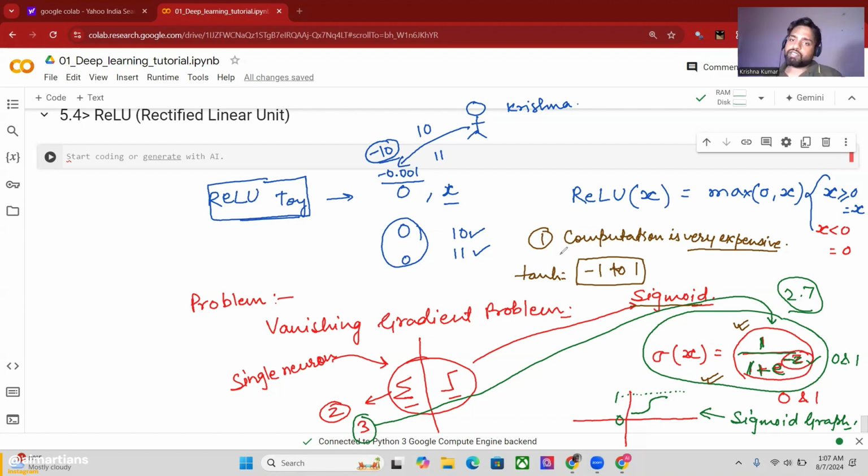Scientists and researchers also ran into a lot of complications while training their models because of such heavy computation. So they started thinking about a new kind of activation function, and they came across ReLU. Now what does ReLU say? What we are doing here is simply providing a value, and that value gets converted between 0 and 1